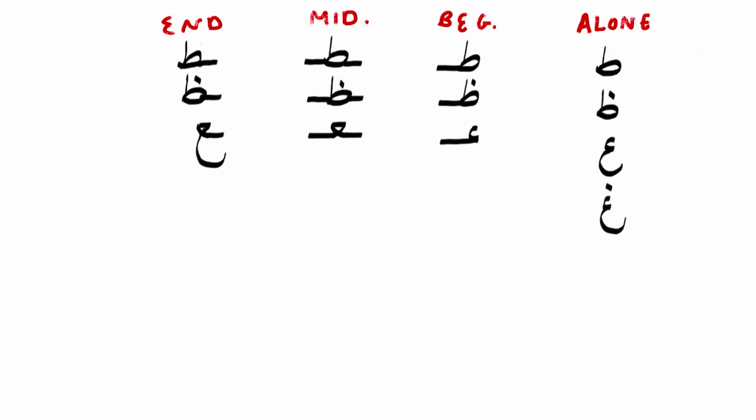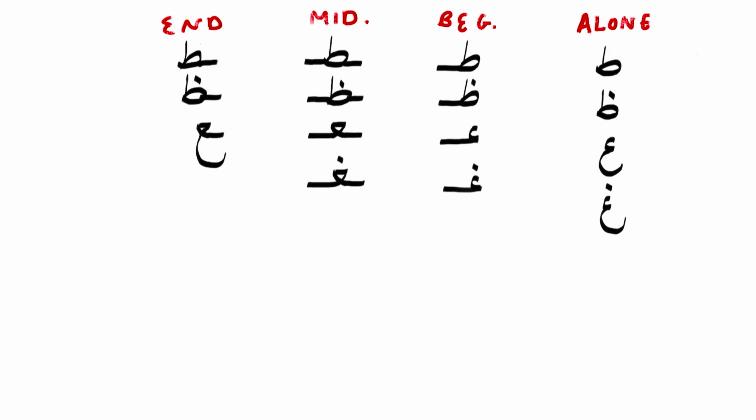on the top. So we have the ghain here alone. Then we have the ghain at the beginning of a word, so it's just the curve and then the joining line, but of course dot on the top. Then we have ghain in the middle, so it has the connecting line to join it to whatever's before it. We go up, we go right, we come down, and then we connect to whatever's after, and we put the